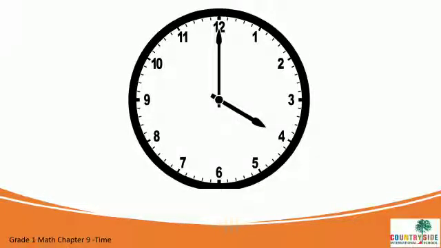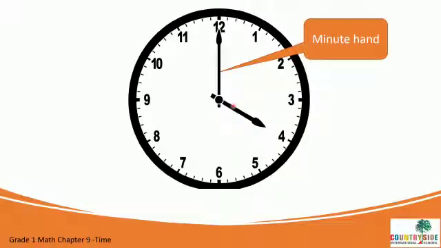Kids, first we will recall how to read the time and what are the things in the clock. Okay. So kids, this is the face of a clock and it has numbers from 1 to 12. Now here can you see the two hands? Like us, but here the clock has one long hand and one short hand, and the long hand is called the minute hand and the short hand is called the hour hand.